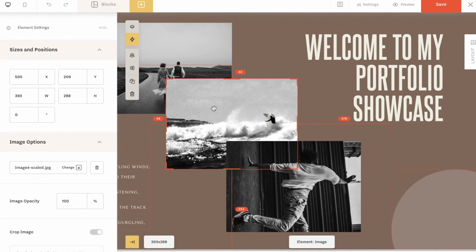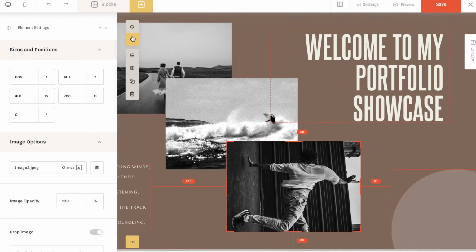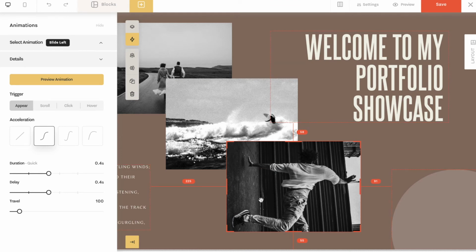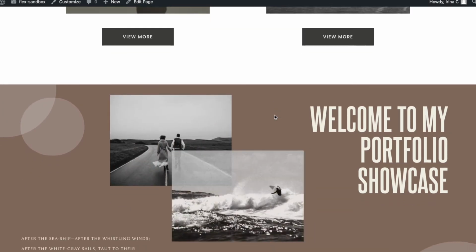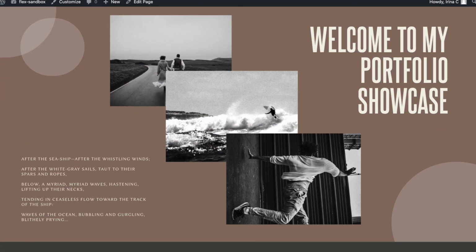It will be slightly different with the other element. So as you can see, I have the very same settings except delay to approximately 0.2 seconds, so that there will be some time for the first element to appear and slide out, and then right after that the second element would start playing. Analogically, you set the bigger value for the third element. In my case it's 0.4. Let's refresh the page. As you can see, they slide out one by one, and that pretty much does the